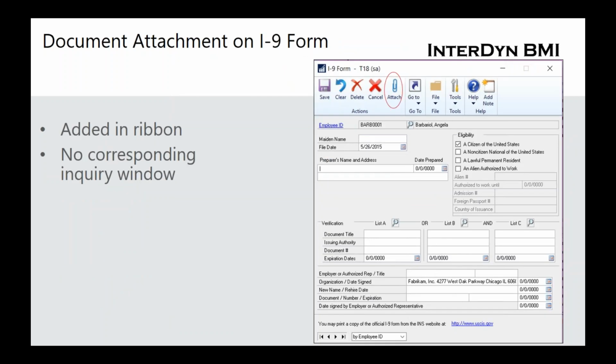Here's the I-9 screen, and the attachment here is also new, so we have that now on the ribbon in version 2018. And of course, there's no inquiry window. This is the one and only place to deal with the I-9 form. And so we'd be able to, again, as in my earlier comment, take an I-9 that